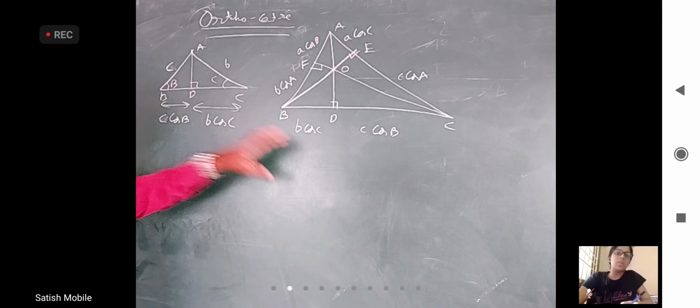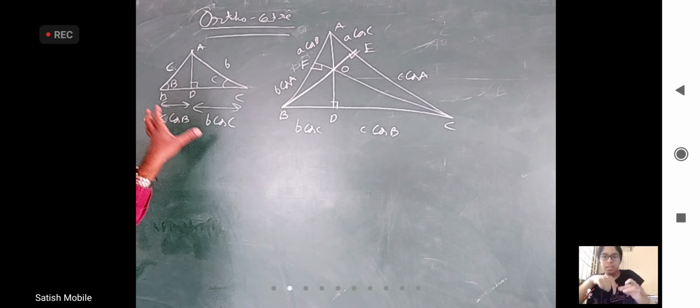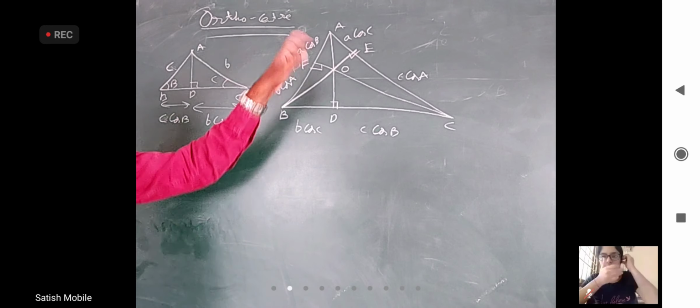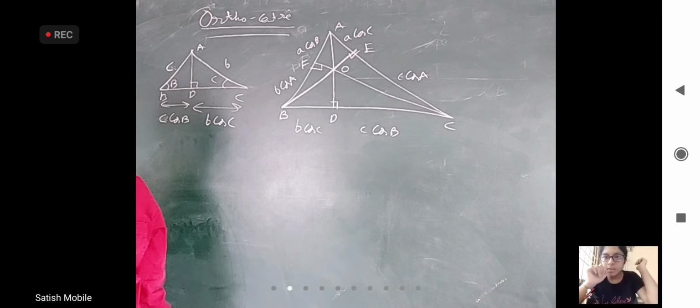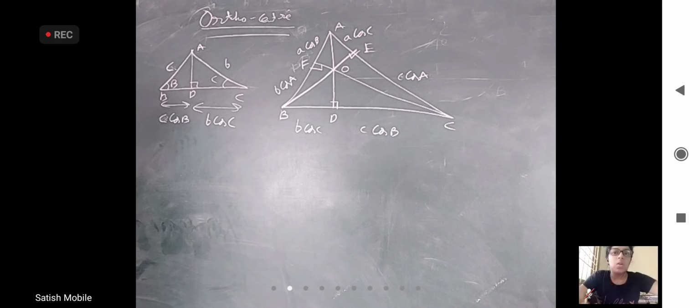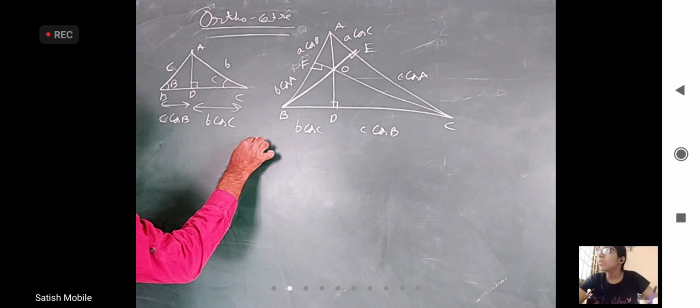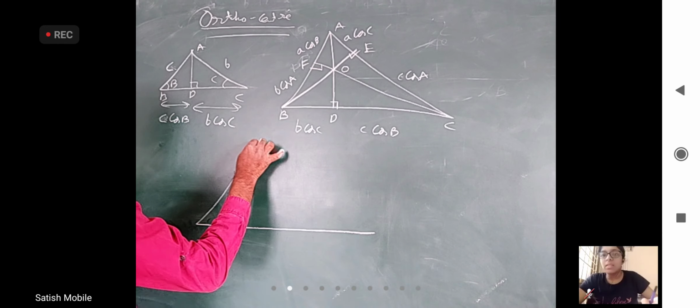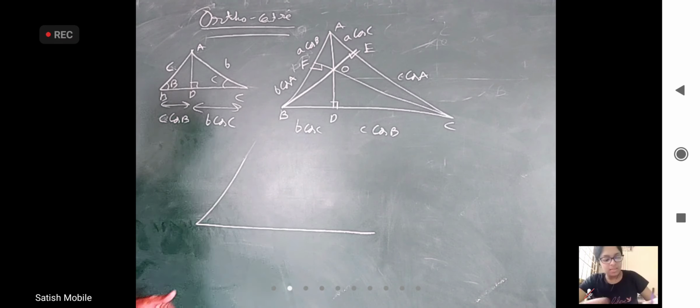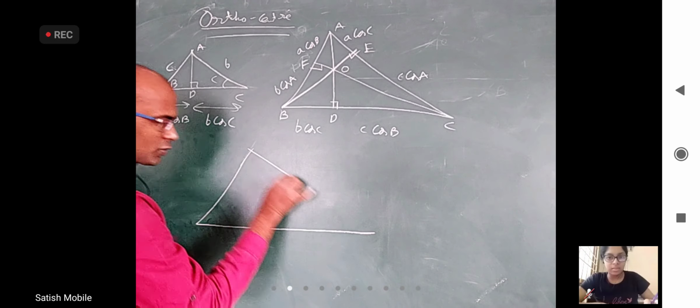You can write both figures, because in this figure how it came may not be clear. If you write only this, it will be clear how they came, and then this for all three sides. First draw this figure, next draw this. Okay, I am going to use the same figure 2-3 times. You also draw 2-3 times. Don't write everything together because it will be confusing later on.